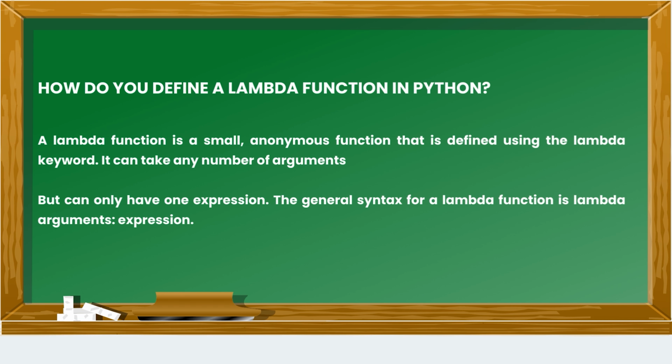Question 6. How do you define a lambda function in Python? Answer. A lambda function is a small, anonymous function that is defined using the lambda keyword. It can take any number of arguments, but can only have one expression. The general syntax for a lambda function is lambda arguments: expression. For example,